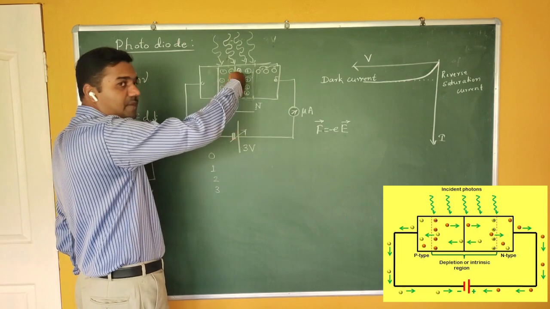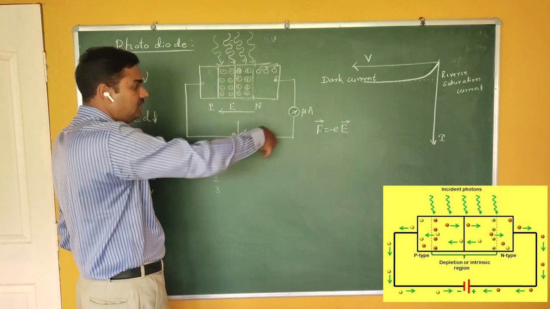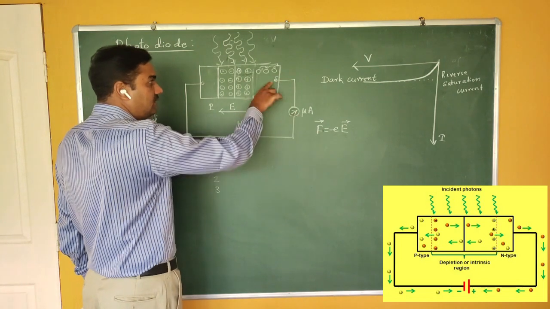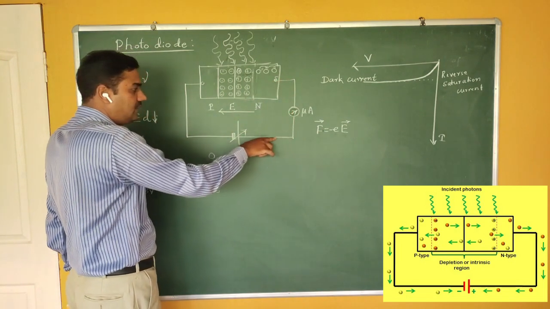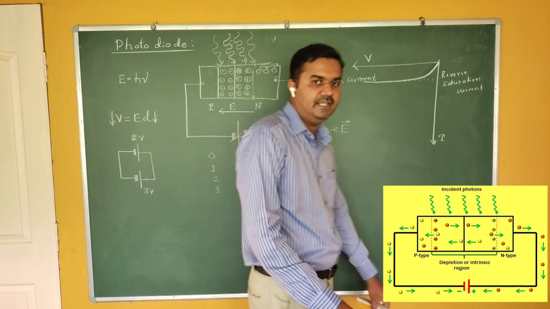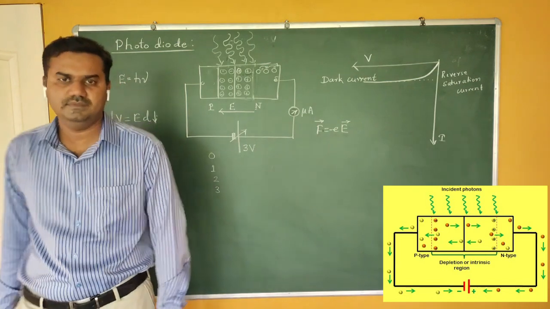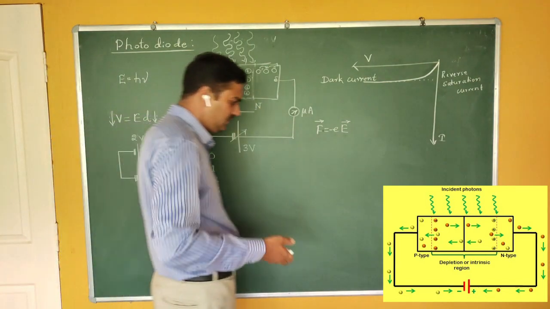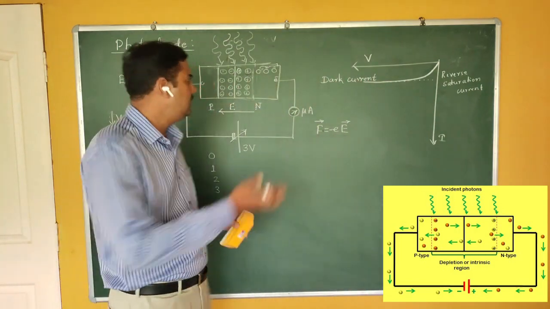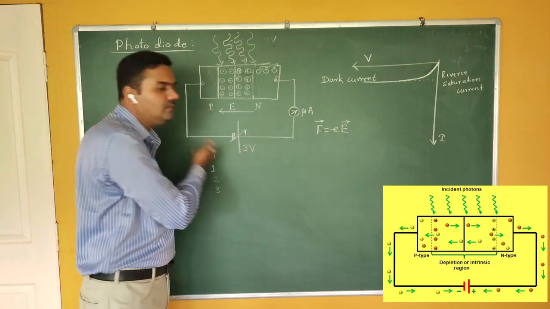Okay, so its voltage is greater than the barrier potential, so current flows from the battery to this one, and the direction of current is opposite to the direction of electron. This is the direction of current and this is the direction of electron. Now that free electron circulates through this circuit. So this time you are getting a current. It continues until it becomes some 3 volt, but in this process you are simultaneously putting some light on the PN junction diode, electrons and holes are created, so these electrons come to one side and holes come to the other side, so this process goes on continuously.